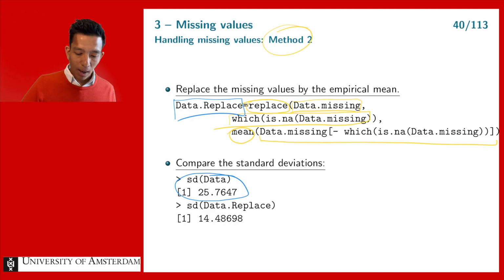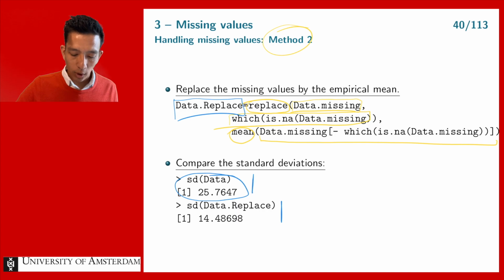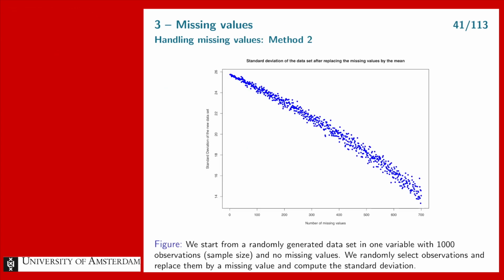If I now look at my data.replace vector, so again 1000 observations, but 200 of them now are replaced, have missing values, so I replace them by the sample mean. Now suddenly the standard deviation of my pre-processed data set drops to 14.48. It is much smaller than my original data set. We can investigate the effect of replacing missing values with the sample mean using the same approach we did with